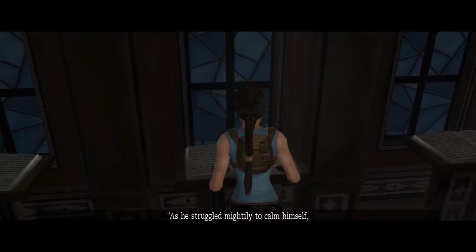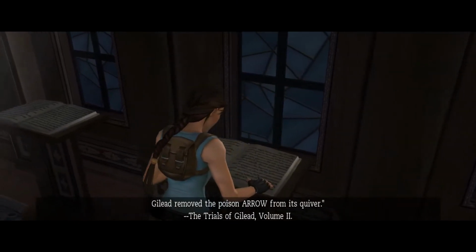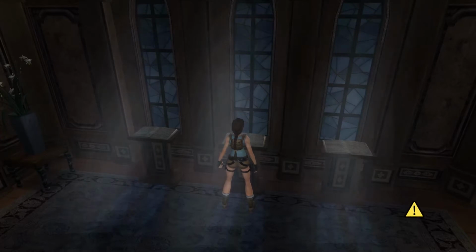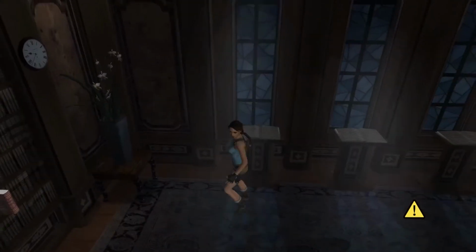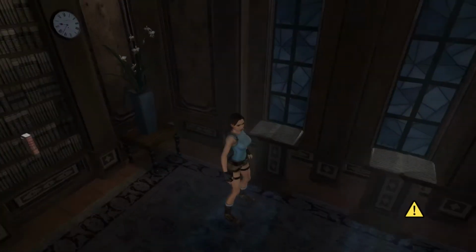As he struggled mightily to calm himself, Gilead removed the poison arrow from its quiver. The Trials of Gilead, Volume 2. So Volume 1 has bow highlighted or capitalized. 2 has arrow. 3 has... Uh-oh. Where was that? That one was in her bedroom, right? I think. It said something about... I forget. Bow, arrow... I mean, I don't know if that's...